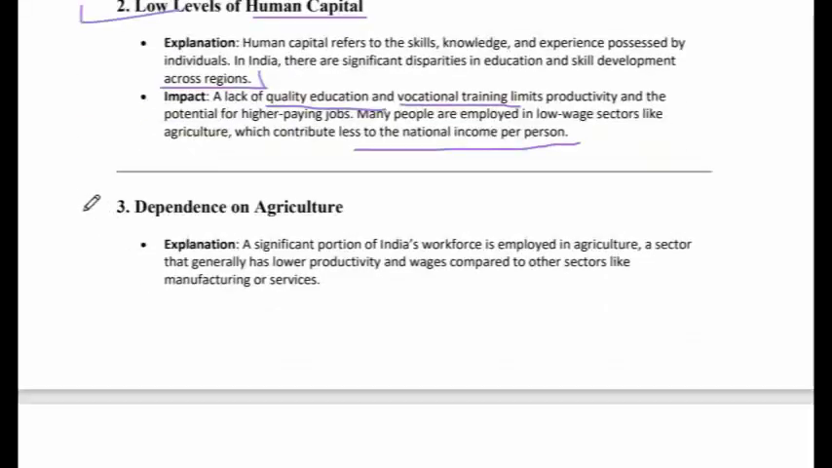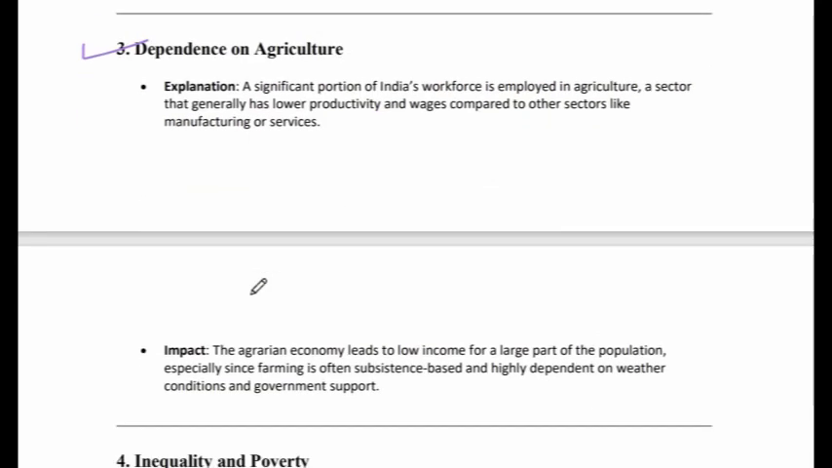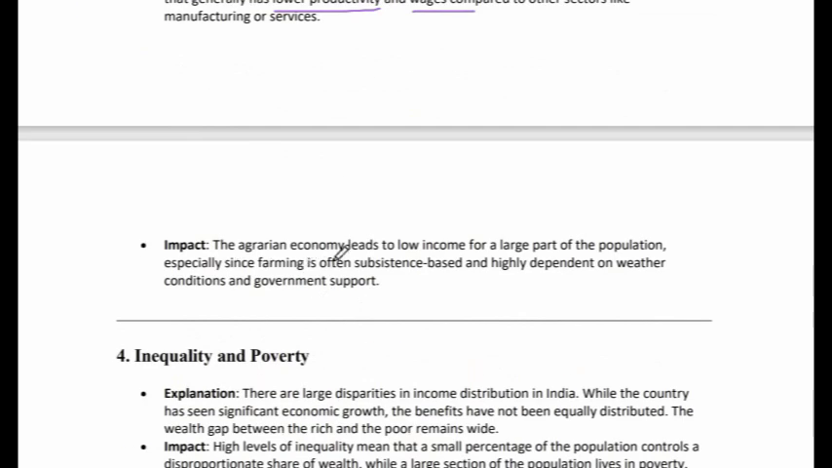थर्ड देखते हैं डिपेंडेंस ऑन एग्रीकल्चर. लो पर कैपिटा इसकी वजह से भी है क्योंकि मैंने अभी जस्ट बताया 40% ऑफ द पॉपुलेशन इज एम्प्लॉयड इन एग्रीकल्चर सेक्टर फॉर देयर लाइवलीहुड. A significant portion of India's workforce is employed in agriculture, a sector that generally has low productivity. Agriculture is a low productivity sector, and wages also are very low compared to other sectors like manufacturing or services. The agrarian economy means agricultural economy